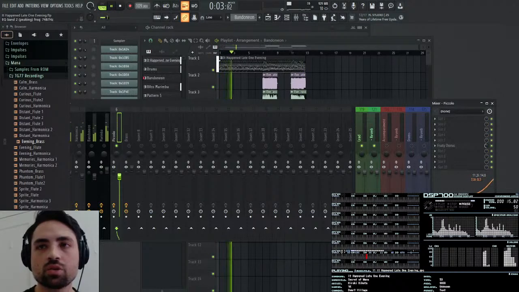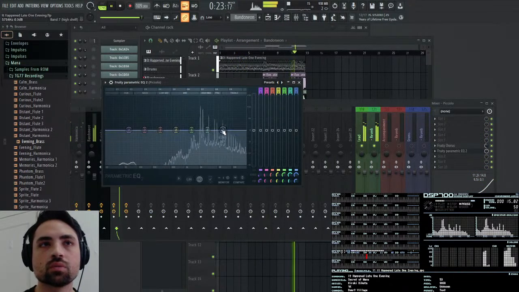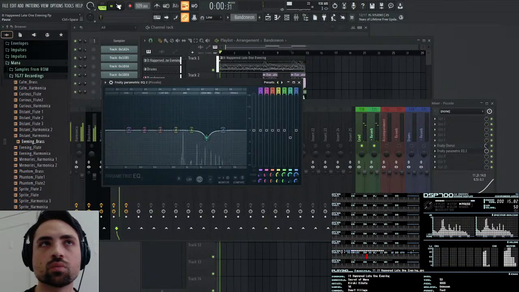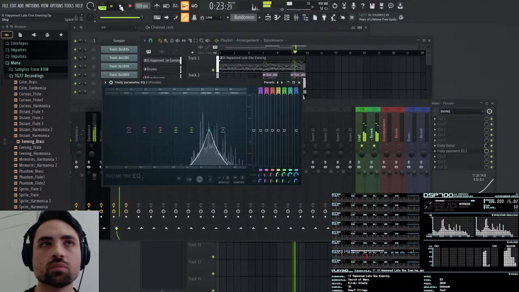Let me use parametric EQ too so I can take a closer look. Let me just preview this band. Let me do band pass. There it is right there.